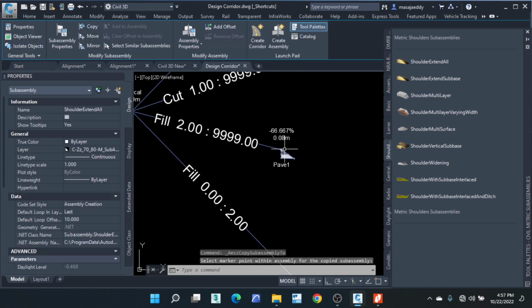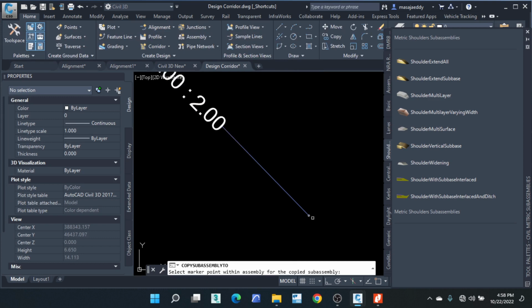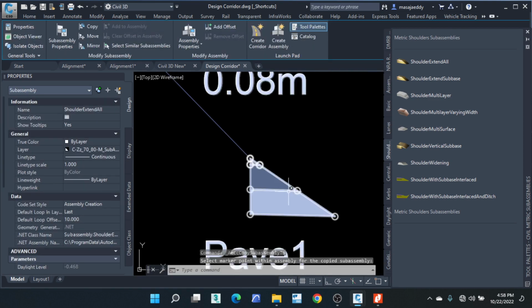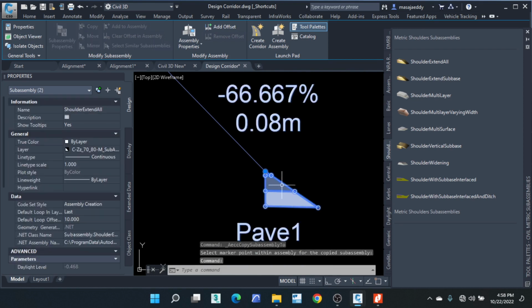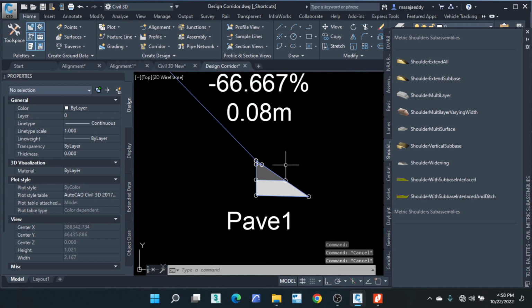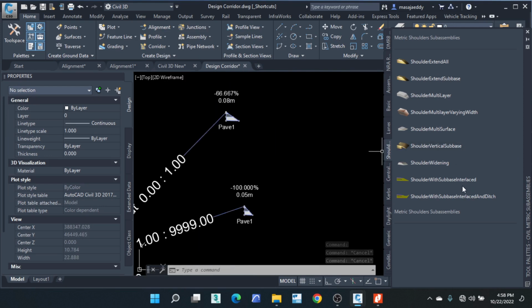For a fill of 0 to 2 meters, you are going to have the normal cross section. So now what we are going to do, we are going to add our daylight sub-assemblies. So still on this drop down, right click,